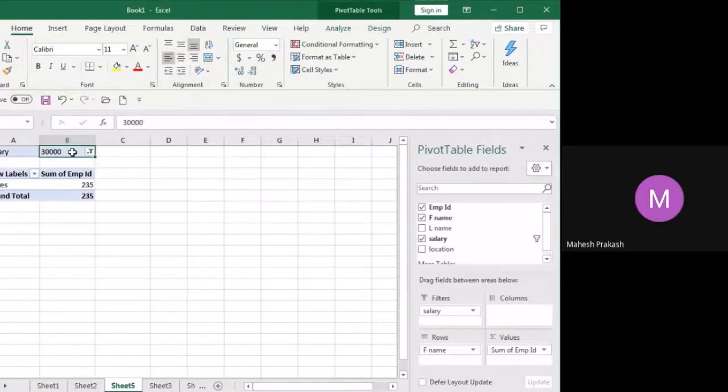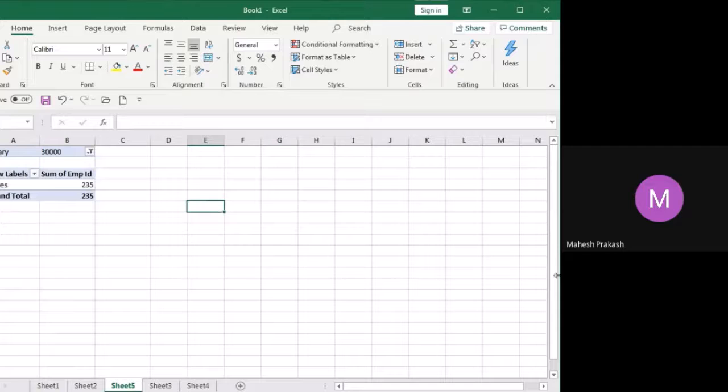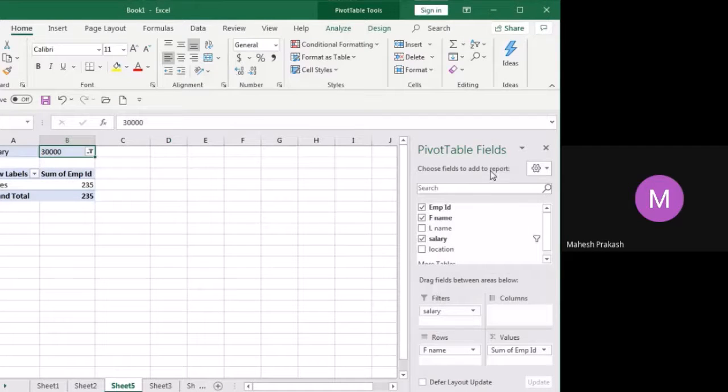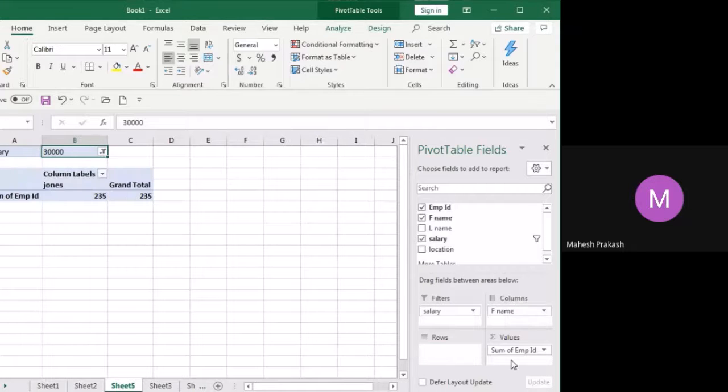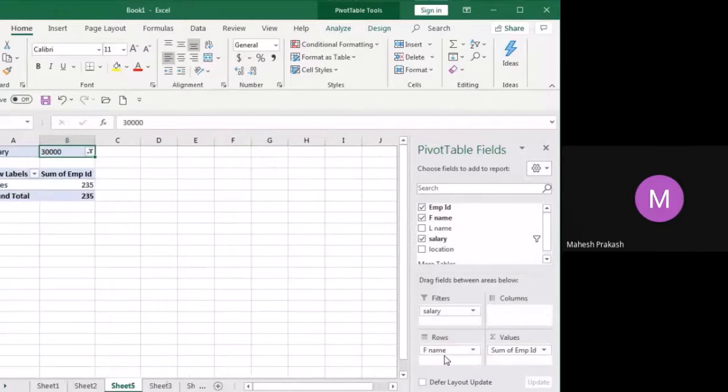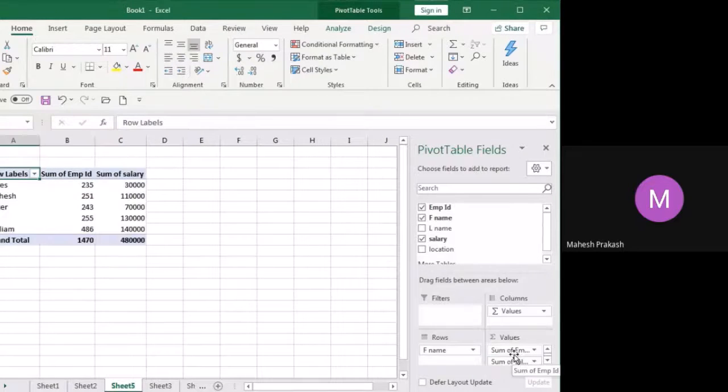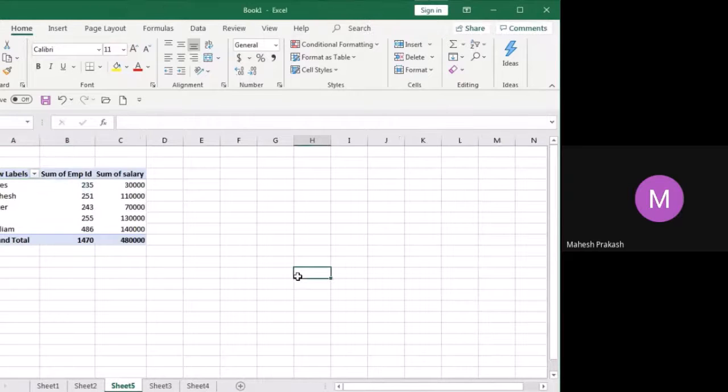If you want to change, suddenly you'll be like, where is that pivot table sidebar which is going to help me with pivot table? Now it's not visible. So what you need to do is just click on the table. So the pivot table fields will be available for you. These are columns. If you want things in column format, you can drag it in such a way. If you want things in rows, you can drag it and bring it back to the desired places. That's all about pivot table.